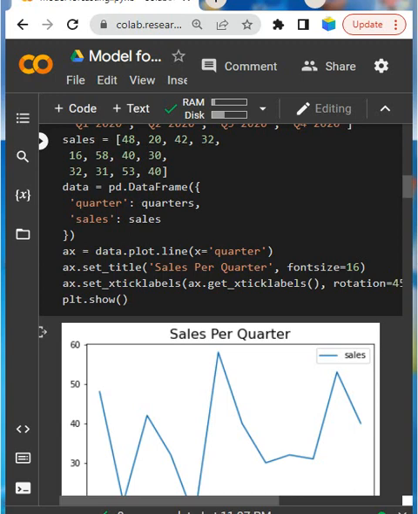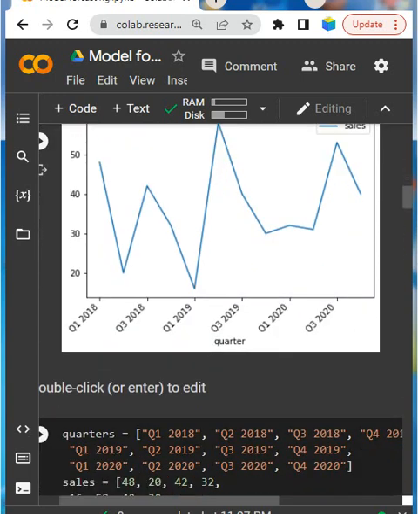Similarly, these look like the previous example. Two things are given, one is the time period and another is the quarterly sales. We have already created the data frame, and now the output I have gotten here is this.